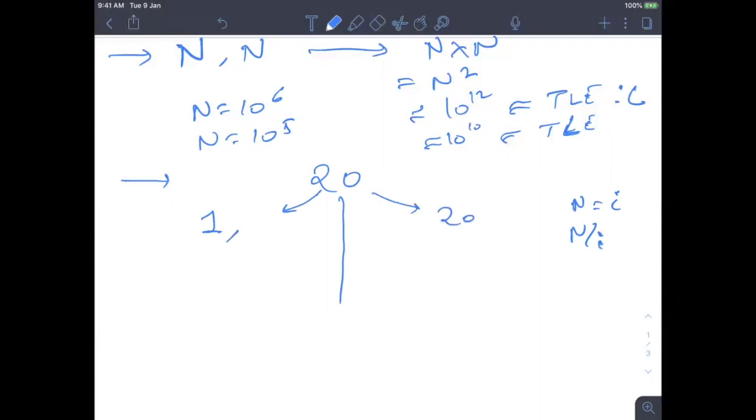Now 2 divides 20. Similarly, 20 by 2 will always be a factor, which is 10. Now go till 3, 4, 5. 4 divides, so we are getting 5 for free. So 4 is a factor, and 20 by 4, which is 5, is also a factor. Then if you go again and write 10, you see these are repeating. For 10, you will get 2 over here.